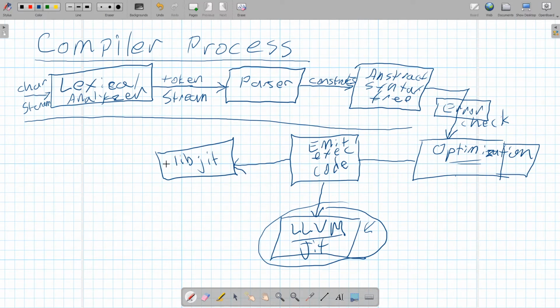And then Livejit is a JIT compiler, so we load that into a context in Livejit, and then that context can be